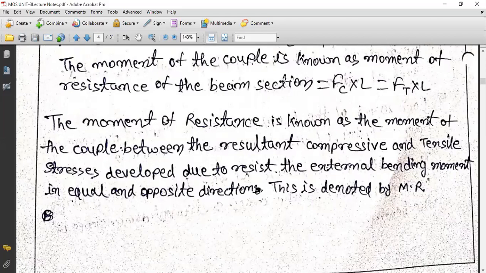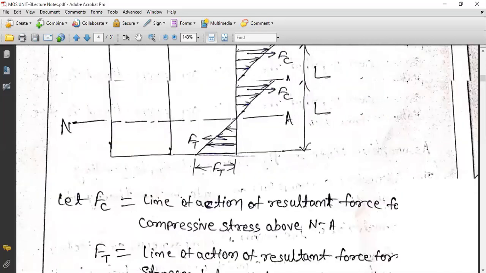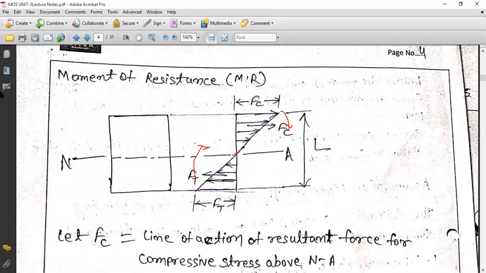Just to see one example, I am showing you here. Take the example of a clock. The second hand is always continuously rotating in the clock. What happens? If you want to stop it, you have to apply the same amount of force, then it will be stopped.